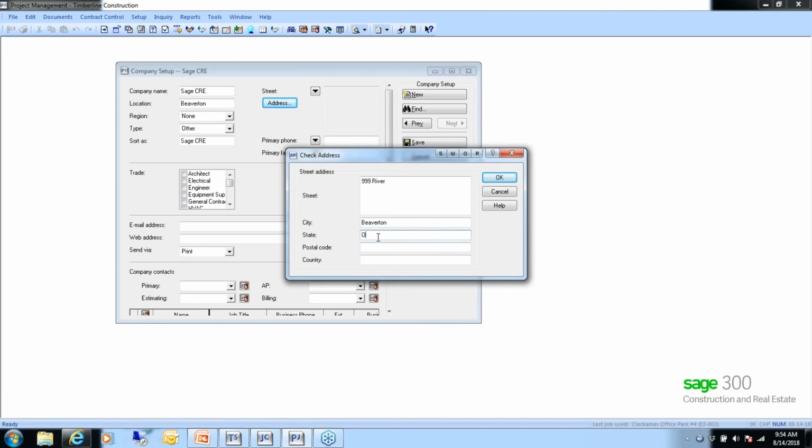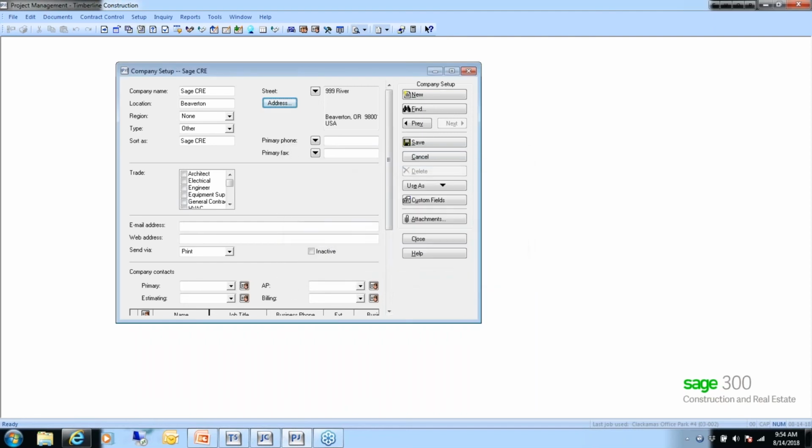So you want to make sure that your company is set up as, we'll just call it Sage CRE, it's fine. And we can, again, give it a company name. You can actually put in a location and a region and a type. These are for reporting purposes. The same with your address fields. We store 4 address fields as far as,